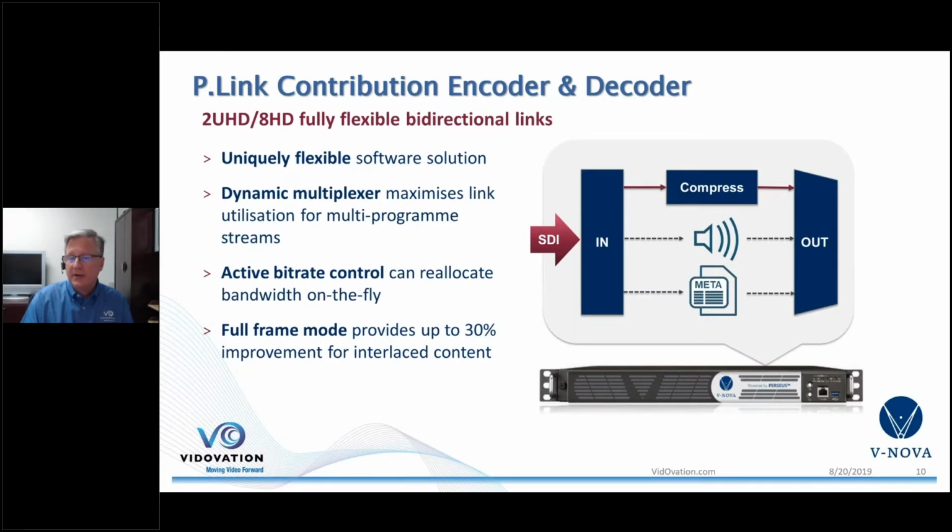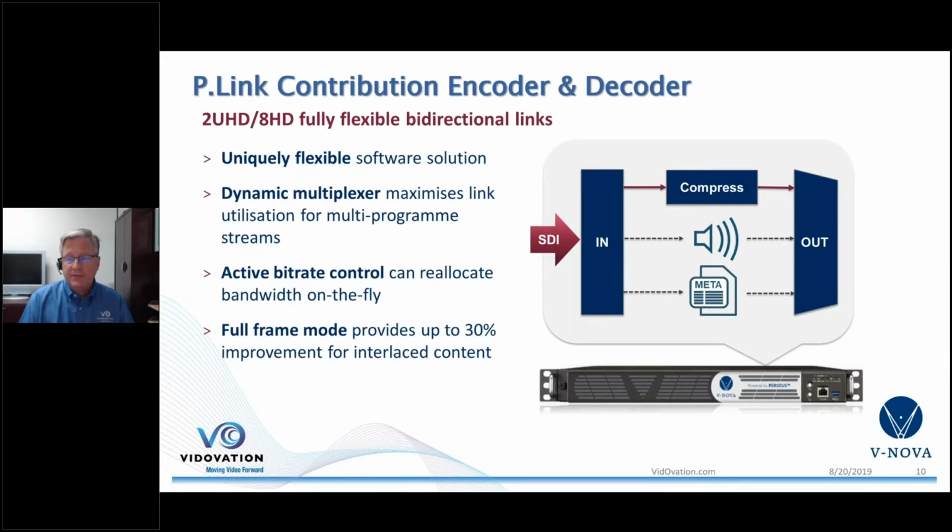So the I/Os are bidirectional. With software, we can turn an input into an output or vice versa. That gives us tremendous flexibility. If there's last-minute changes in your production workflow, like we need one more camera, or we need to return one more program feed back for the talent at the venue, we can flip a channel around. And you use 2 of these P.Link devices, one at each side. One might be out at your golf course, and the other appliance would be in your master control. And of course, you can gang multiples of them together.